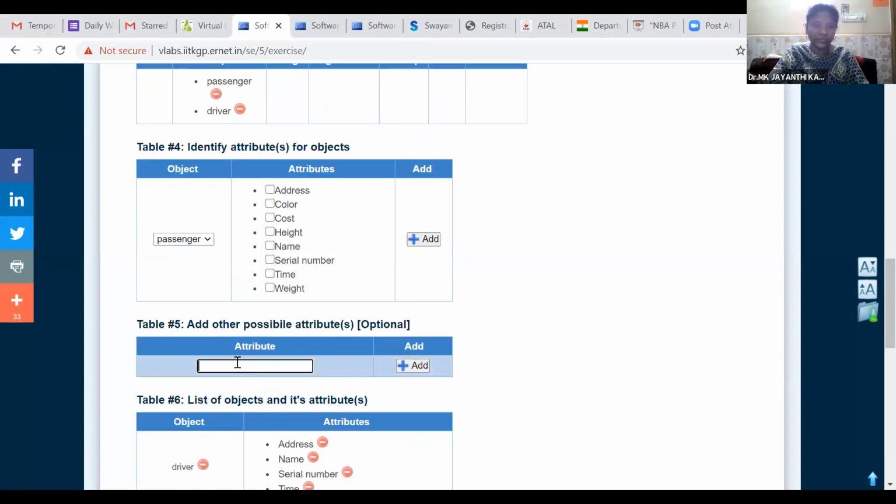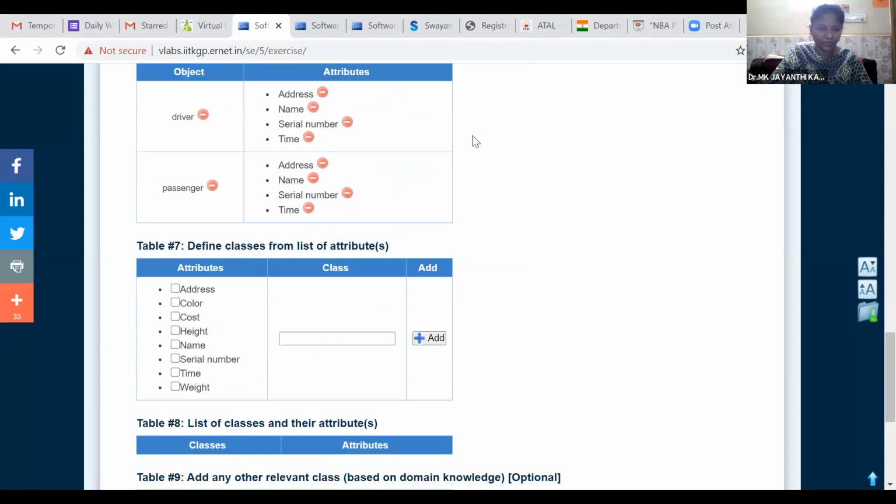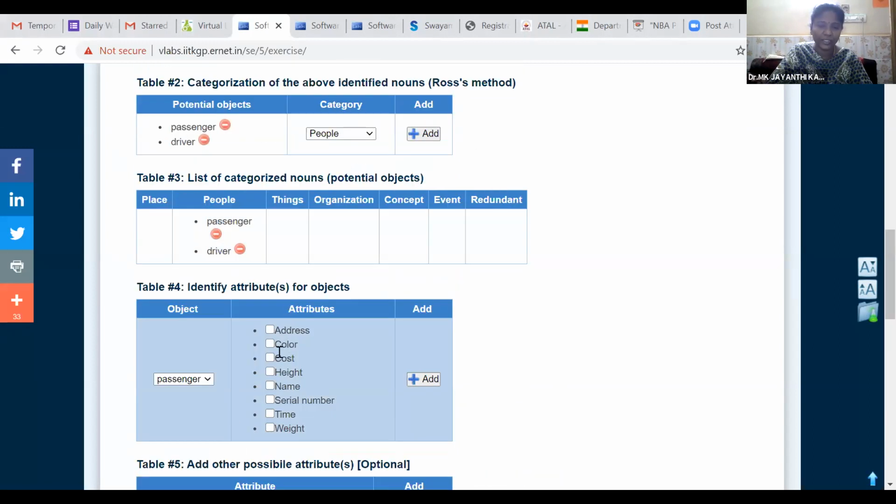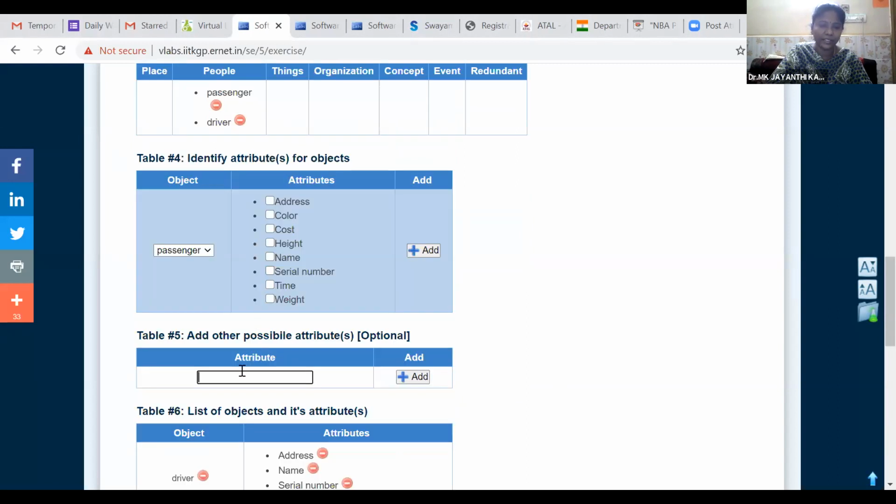So other attributes we can add name, address. If you want to add additional parameters here, additional characteristics or attributes we can add here.